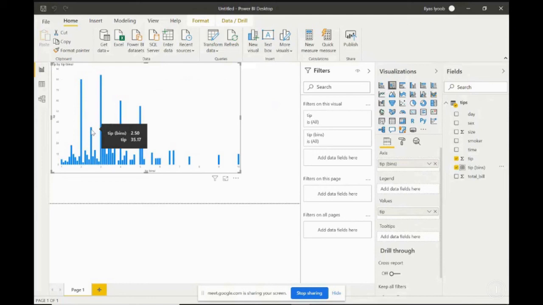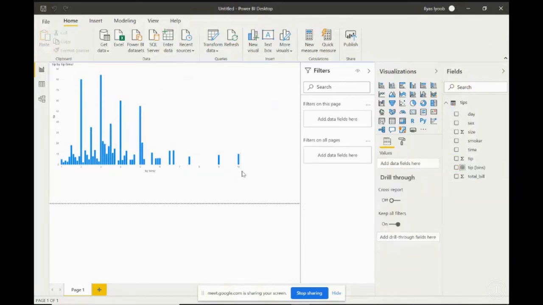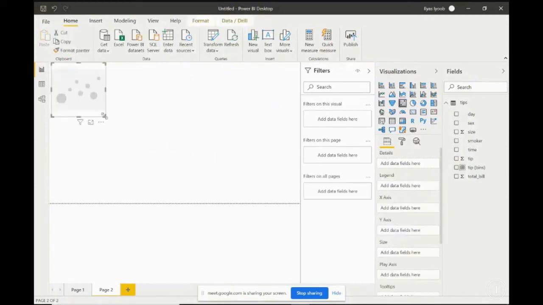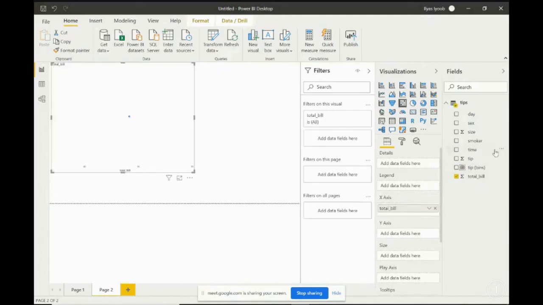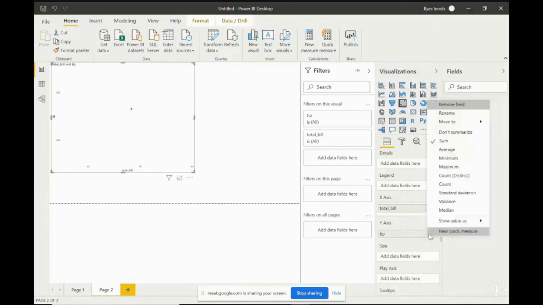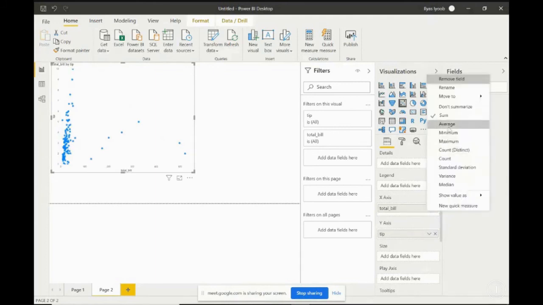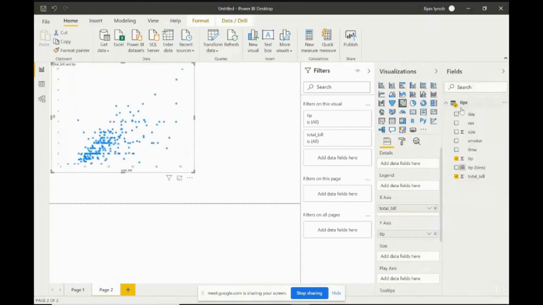And then now let's also look at, so I'm going to go ahead and do a different one. All right, so now let's just look at tips versus the total bill and what does that look like, okay? Let's say I want my total bill on my x-axis and then tips on my y-axis. Okay, I don't want to summarize my tips. Total bill also, don't summarize. Okay, so this is